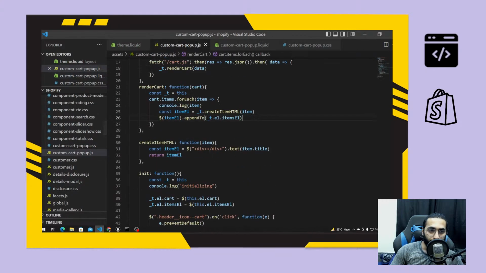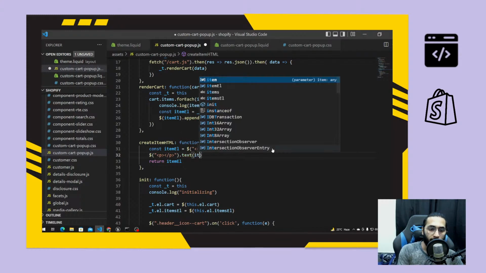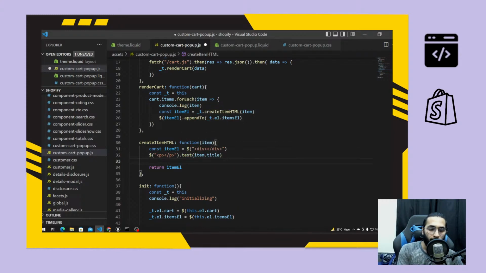So when we're building the HTML, we do not create text. What we do is we create another div, we create another p, and in that p we add the item.title, and we create another anchor, or we can create a button,